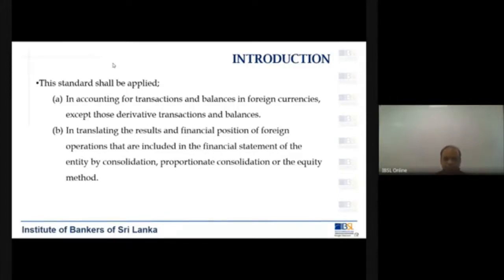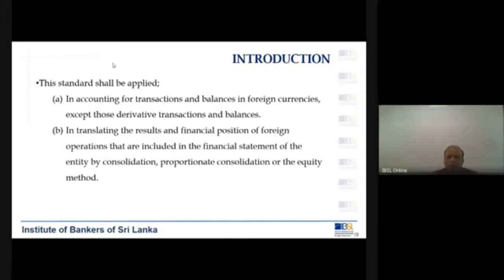Now, sometimes you might have incorporated companies separately. You can go and incorporate a company in that country. Sometimes that will become one of your subsidiaries. That is not one of your foreign operations. Now here what we talk about is a foreign operation. Foreign operation means where you have a branch of yours located in another country. So that country will have a base currency of maybe dollars or whatever, and you will have rupees here.